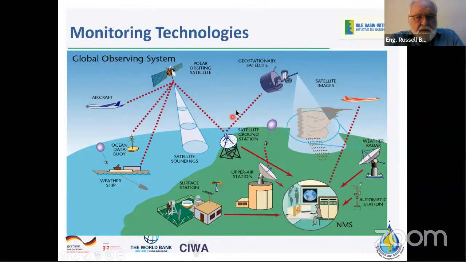The interesting part about this, if you look at the growth in technology, if you looked at this diagram in 1990, there'd be much less information on it. There'd be a few ground observing sites. There'd be some way of communicating to the office. In a lot of cases, there was very limited communications. If you move to 2020, then you start to see more of the real-time communications, more of the automation, more of the use of satellites. So this technology space is really, really getting filled, and it's getting filled at a much quicker rate